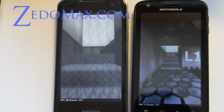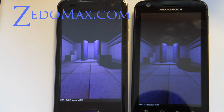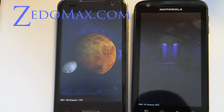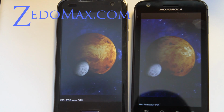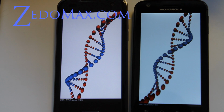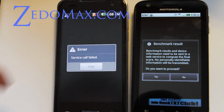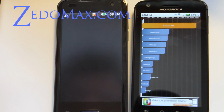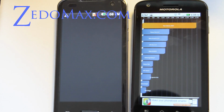And these are all running stock ROM, so when I have time I'll install some aftermarket ROMs and see if we can get even faster times. It looks about the same to me, to the naked eye. I can't tell a difference. This Atrix 4G seems a lot better than the Nexus S. Okay. Well, the service call failed on this one for some reason, but I got 2724, and that's about exactly the same as I've got on my